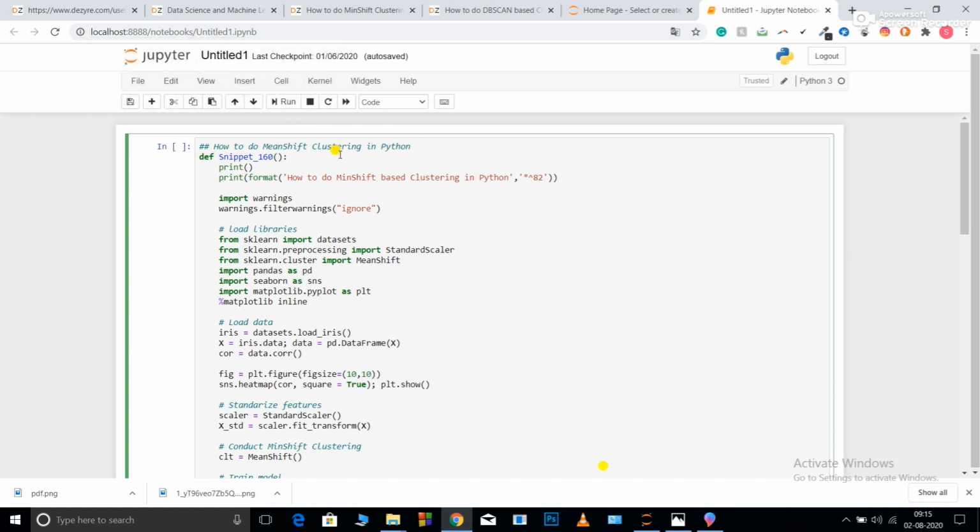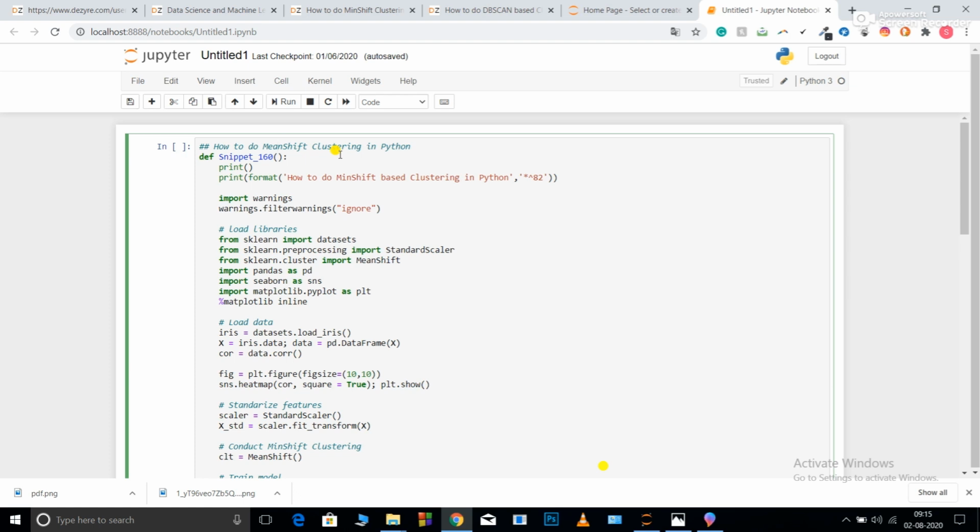So clustering is a class of unsupervised learning, machine learning. We all are familiar with supervised machine learning. We are provided with a feature matrix as well as a target matrix, and we basically draw a function that can map this feature matrix to this target matrix. Now, in clustering problems, we are just provided with a data set with no target matrix, and we have to make clusters of that.